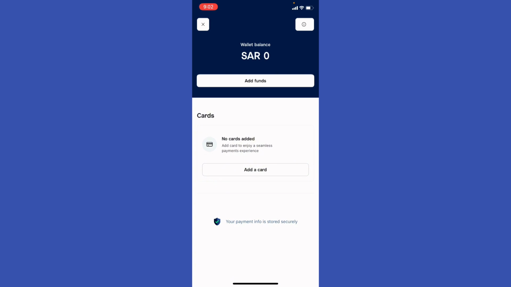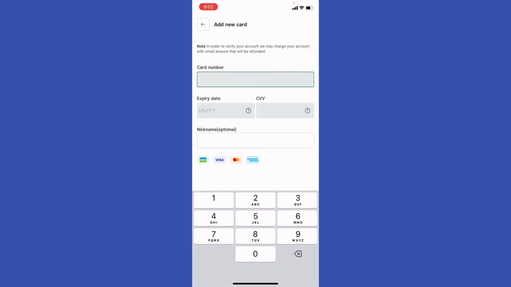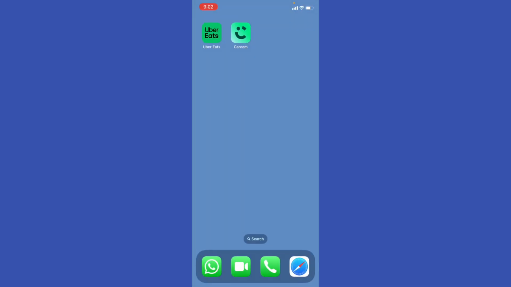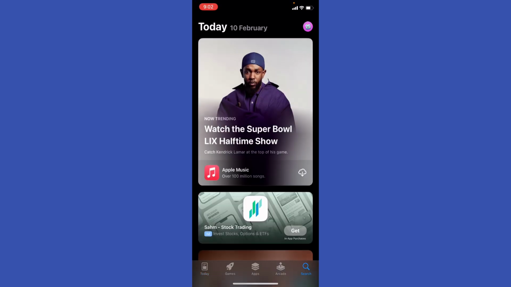Next, try another payment method. You're gonna go ahead and add a card like PayPal, Apple Pay, or whatever, right? Or Google Pay. Okay. Next, check your bank. Your bank may be blocking that transaction. Contact them. And next, try to update the Uber Eats app,